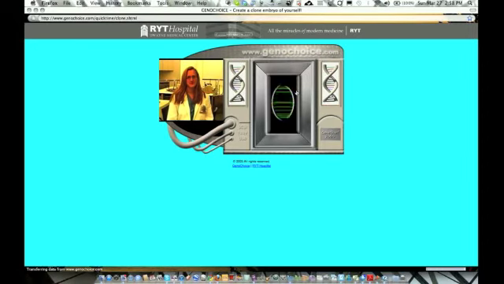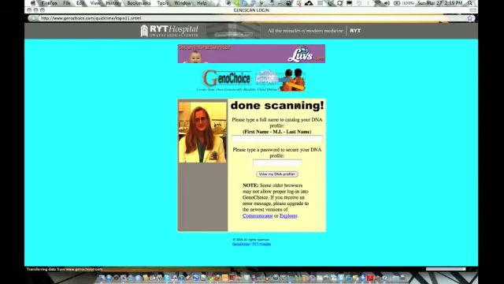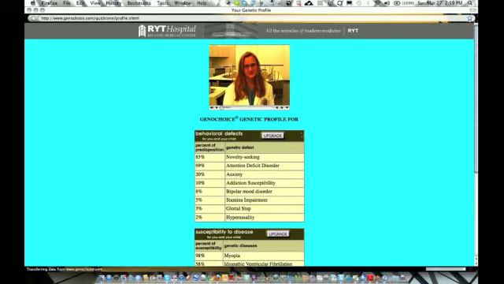And so it takes me to a spot that tells me to actually put my thumb up against the oval button, and be sure to keep it there until we are done scanning. So it's actually scanning my thumb now. I have my thumb up against the green button here. Actually, I don't, but it seems to be working just fine without my thumb there. So it's scanning my DNA supposedly, and then it asks me to type in my full name, but I'm not going to do that. I'm just going to view my DNA profile here,